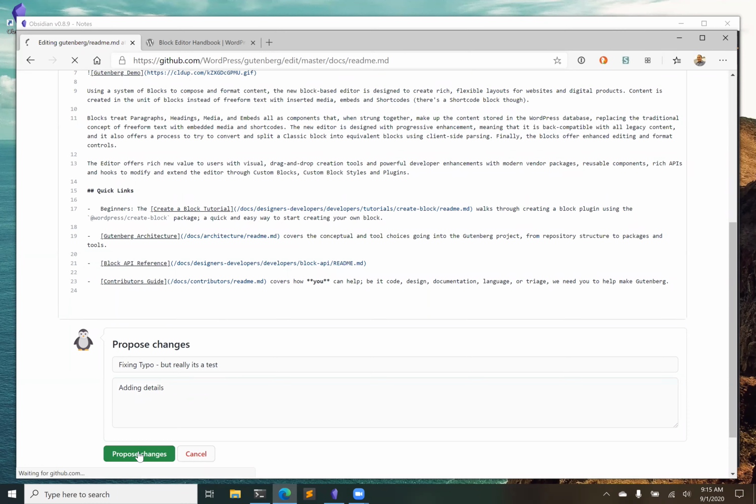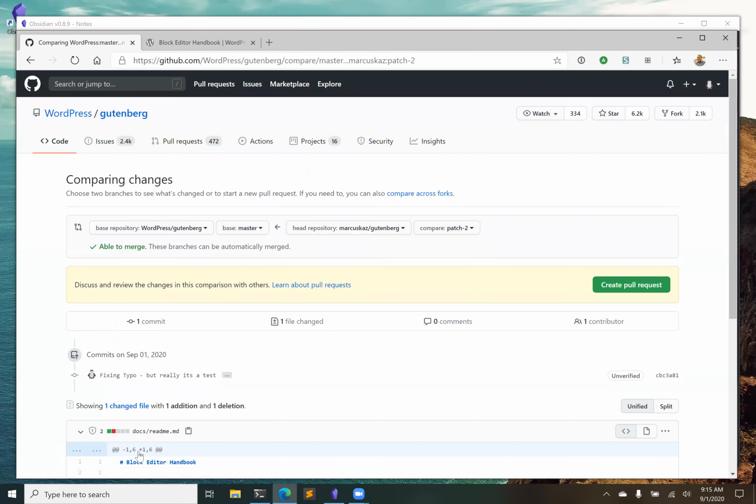So what GitHub is doing at this point, it will create a PR for you automatically. It will automatically create a fork of the Gutenberg repository in your own repository. The way GitHub works is you create what they call a fork, a copy of Gutenberg. You make a change to your copy, and then you push that change and say, hey, I'd like to make this change to the main